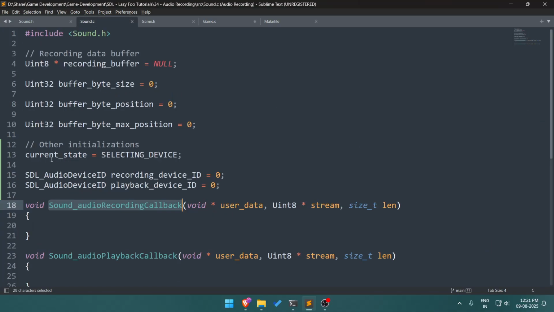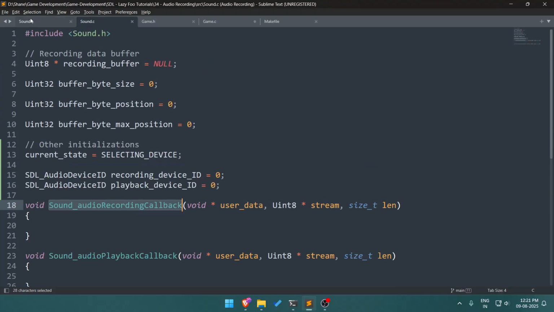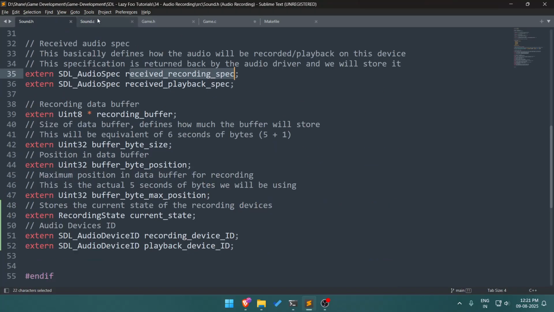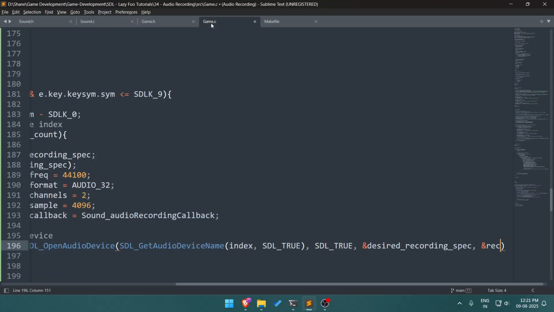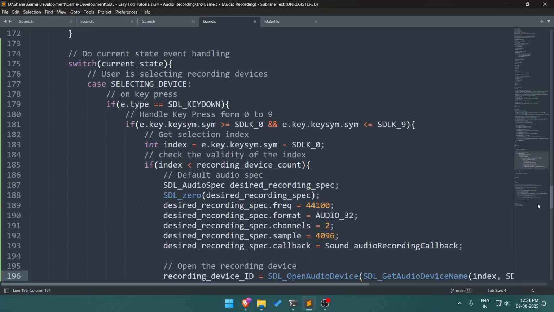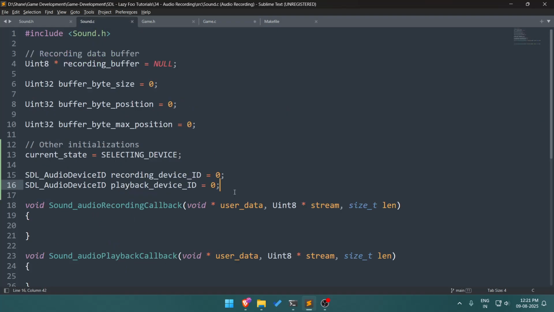I think I initialized it to 0, right? Received, no, I did not. Received recording spec. Okay. Okay, I have not initialized it here, and I think neither have I initialized it here. So we'll go with